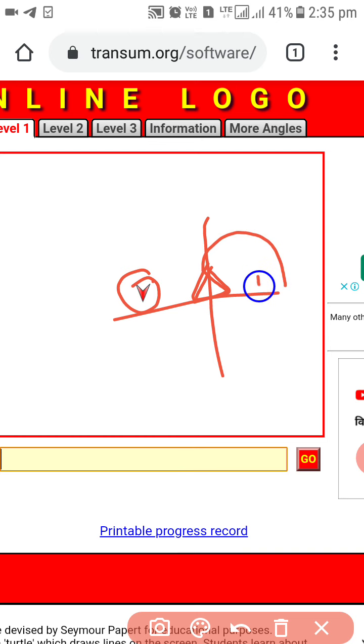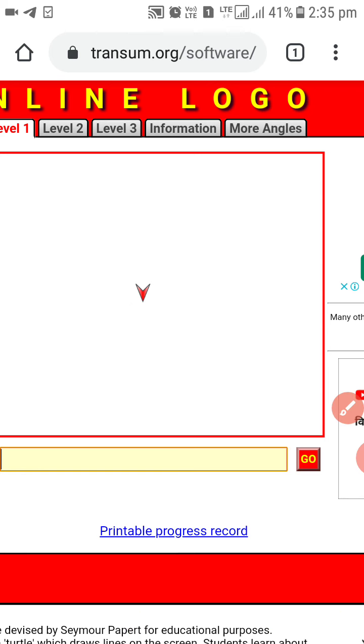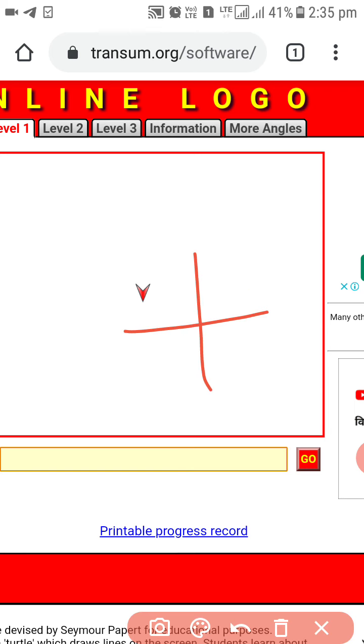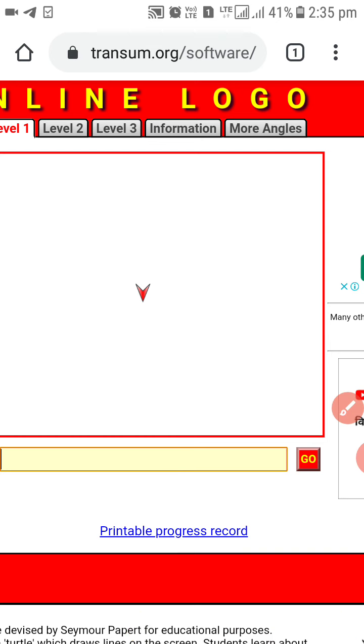So finally the turtle will look like this. Again suppose if the turtle is like this, and we have typed the command LT 90, so 90 degree it will face like this. So these are some basic commands, left and right command.